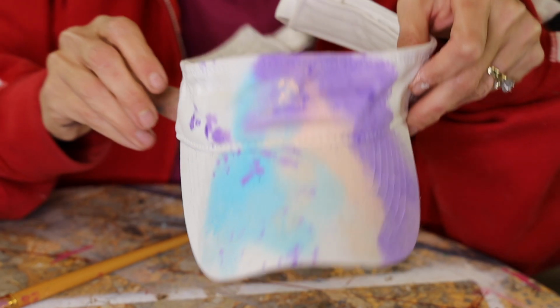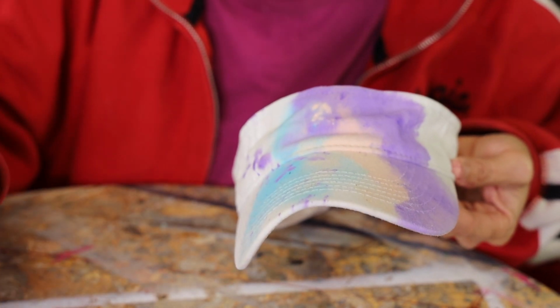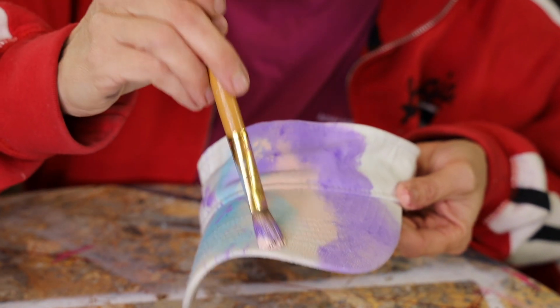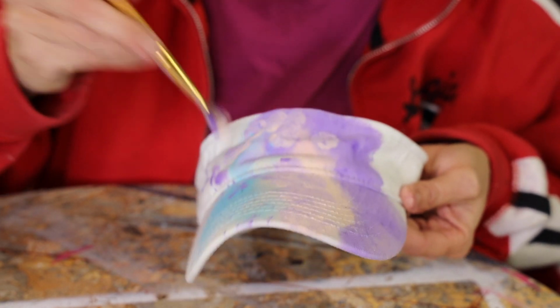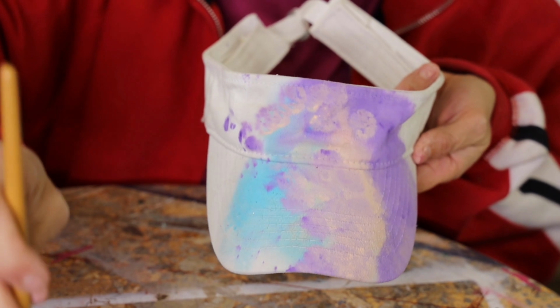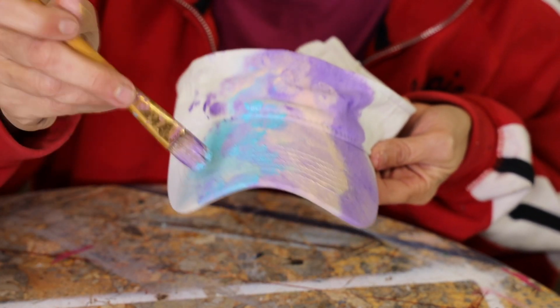Now, you might not like my design, which is fine. I'm trying to inspire you with ideas. So this might trigger you to be like, oh, you know what? I could do all that water and I could use my school colors, or I could do my kids' college colors or elementary colors. I'm just now dabbing paint all over it